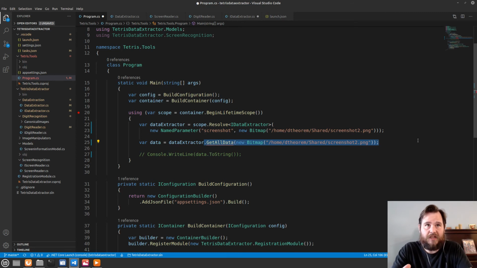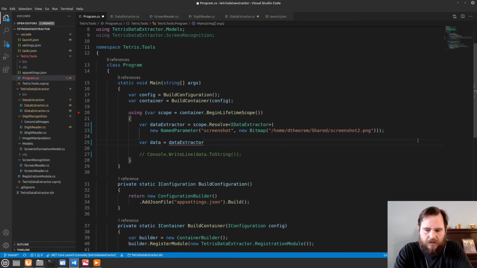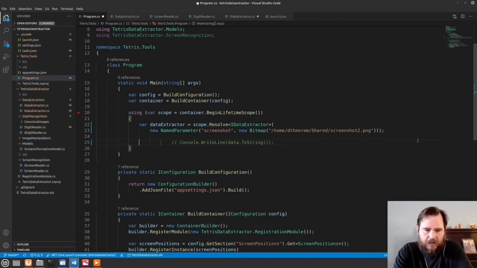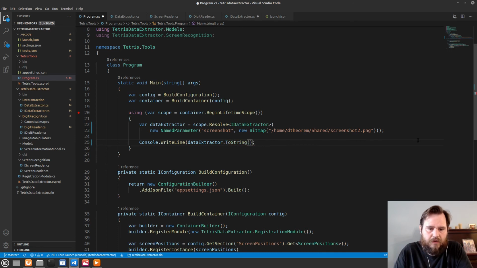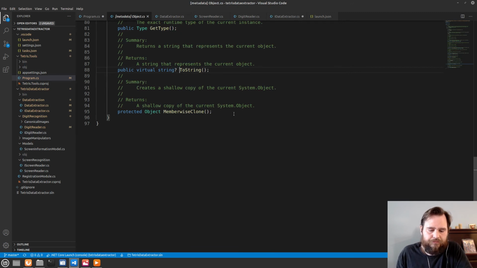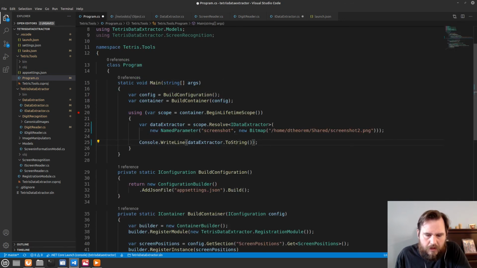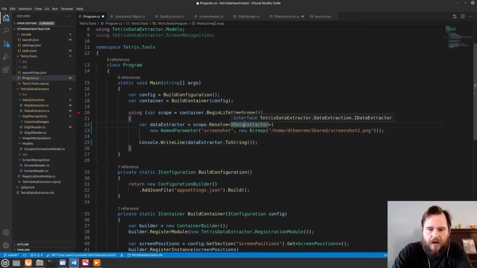because the data extractor is just a wrapper now for the screenshot, I don't have to calculate anything. I could just say, this is the data extractor made from that screenshot, and turn it into a string, please. And what's going to happen here is this is going to go to the toString method of data extractor,